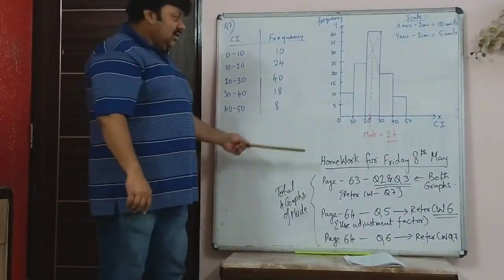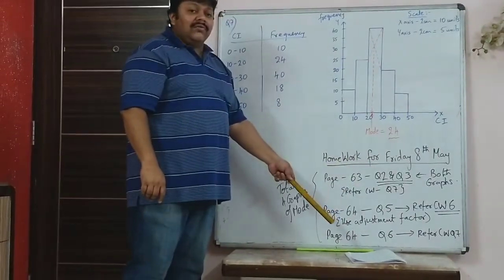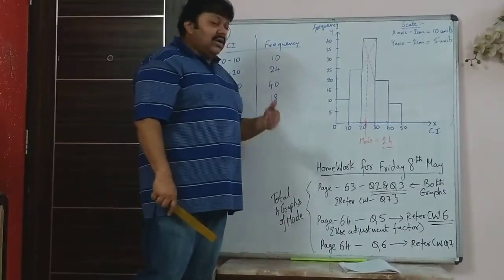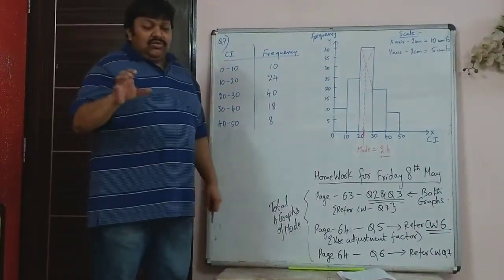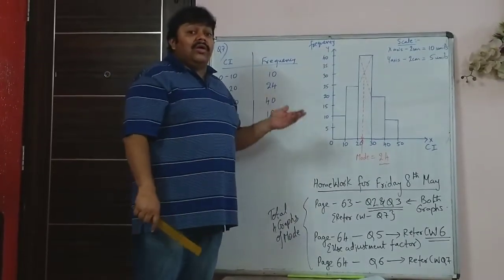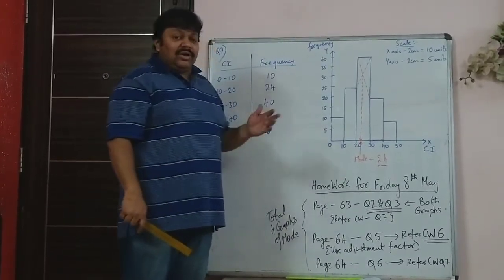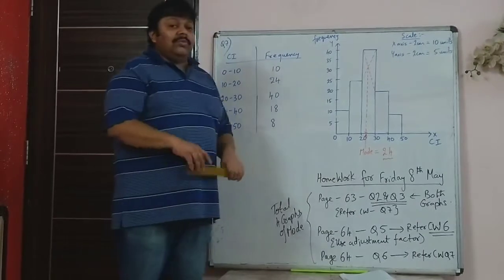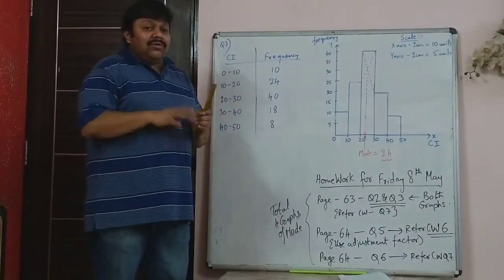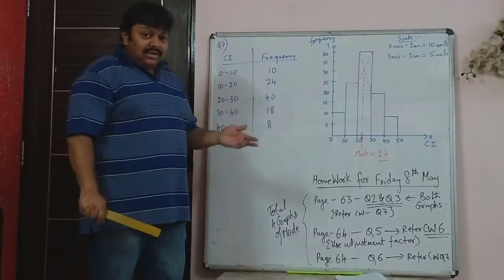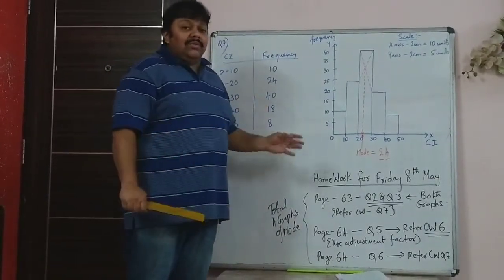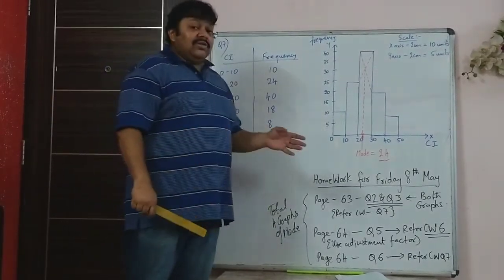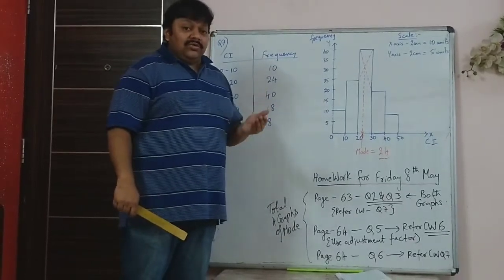Now your homework sums. Again I am showing it to you on the graph, but before that I will just confirm that I have already sent the message that I am giving you a small gap so that you can cover up what you have not already done, because almost 1 month of classes, or 40 days of classes and school, everything has been going on. Some people were complaining that they wanted a small break, very few people, but there were some people telling me that they wanted a small gap so they can cover up what is done, especially students who have science also. So physics, chemistry and bio also have a good amount of portion being done.